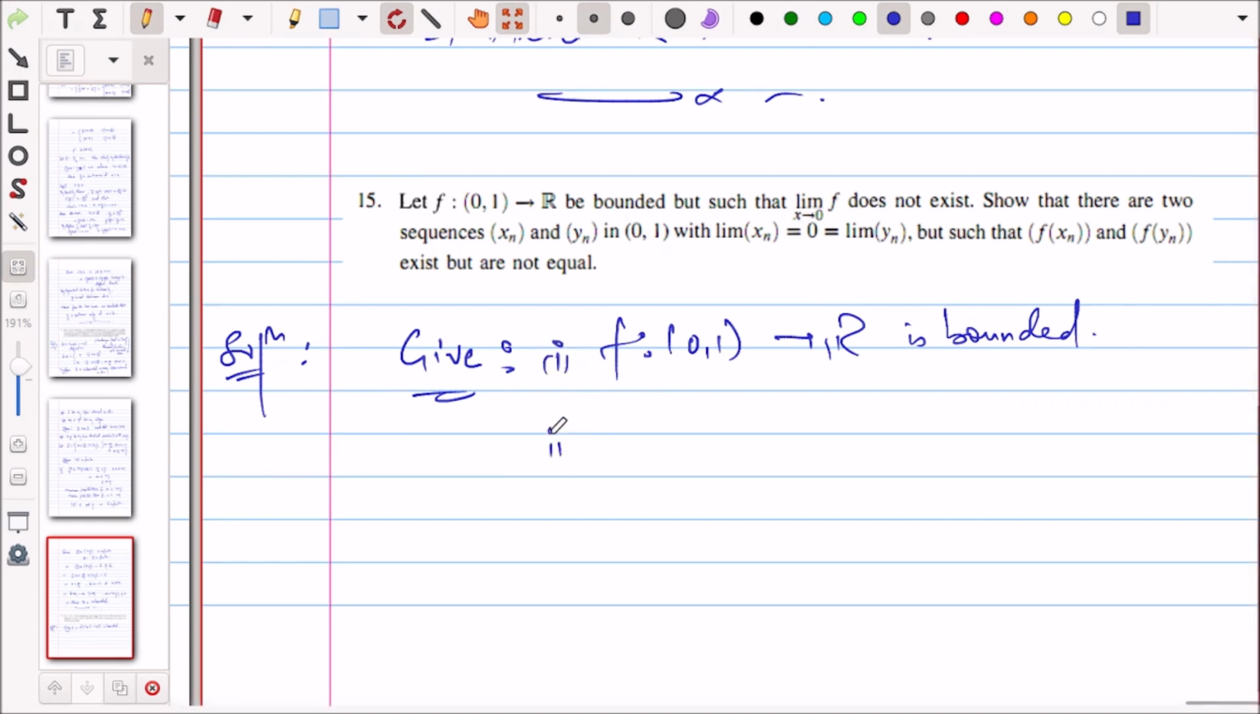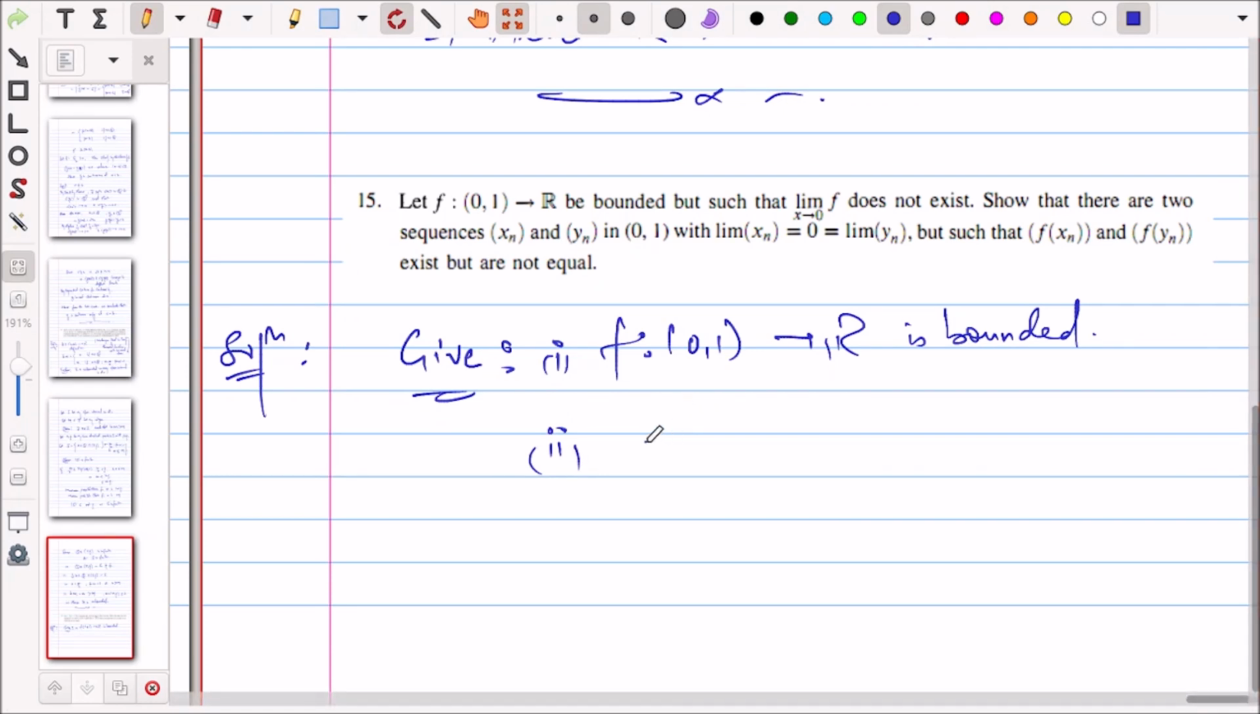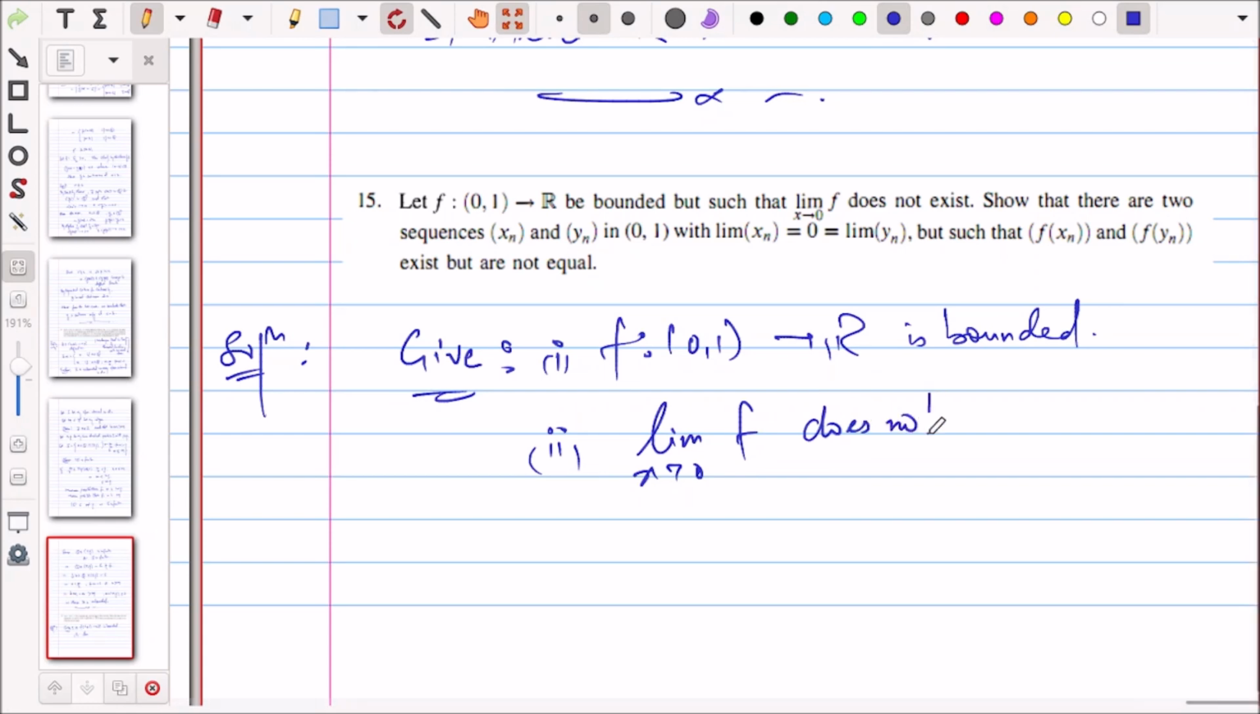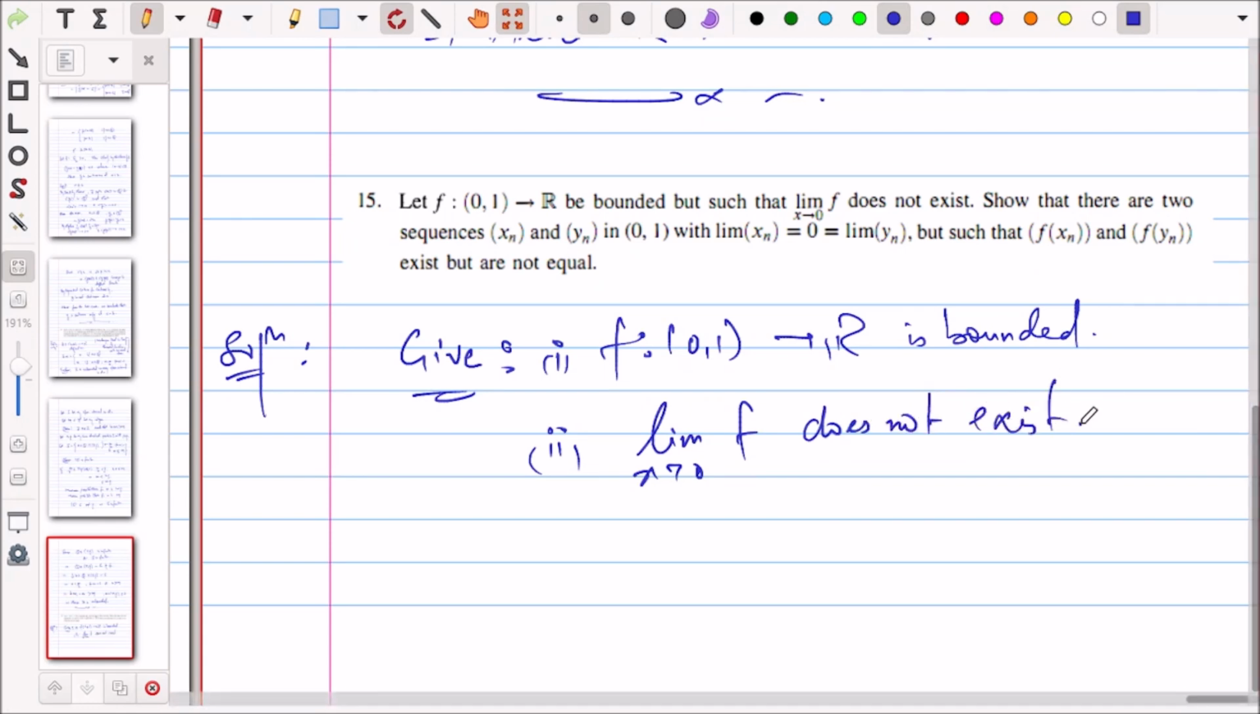And second, the limit of f(x) as x tends to 0 does not exist. Okay, so these two facts are given. We have to show